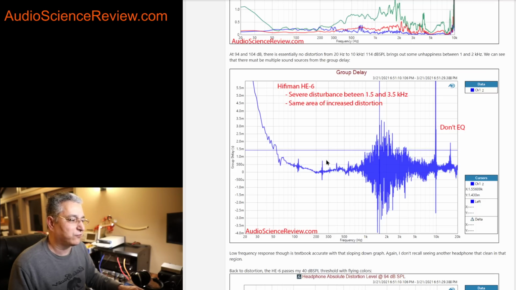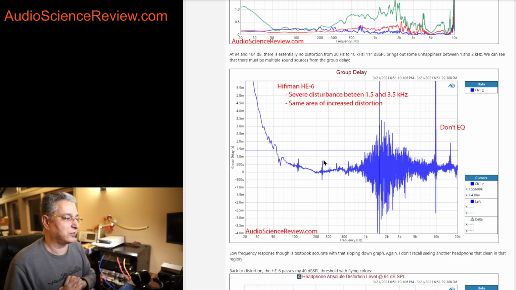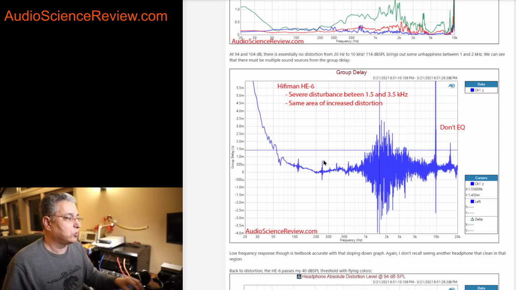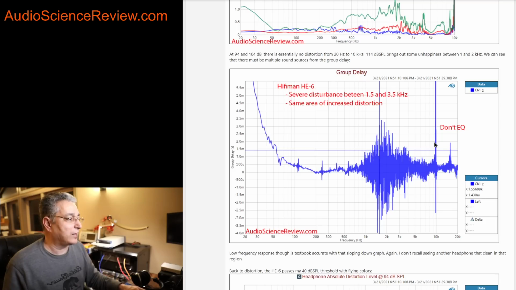Whenever there's something different, it usually means there's some kind of acoustic event happening inside there. So instead of one source of sound, there are multiple sources of sound. One way you get multiple sources of sound is with reflections, right? Remember I said sound comes in, hits your ear, and goes back. And whenever that happens in high frequencies, you get this sharp cancellation. And that is the telltale sign that you do not want to equalize that area of the frequency response, because